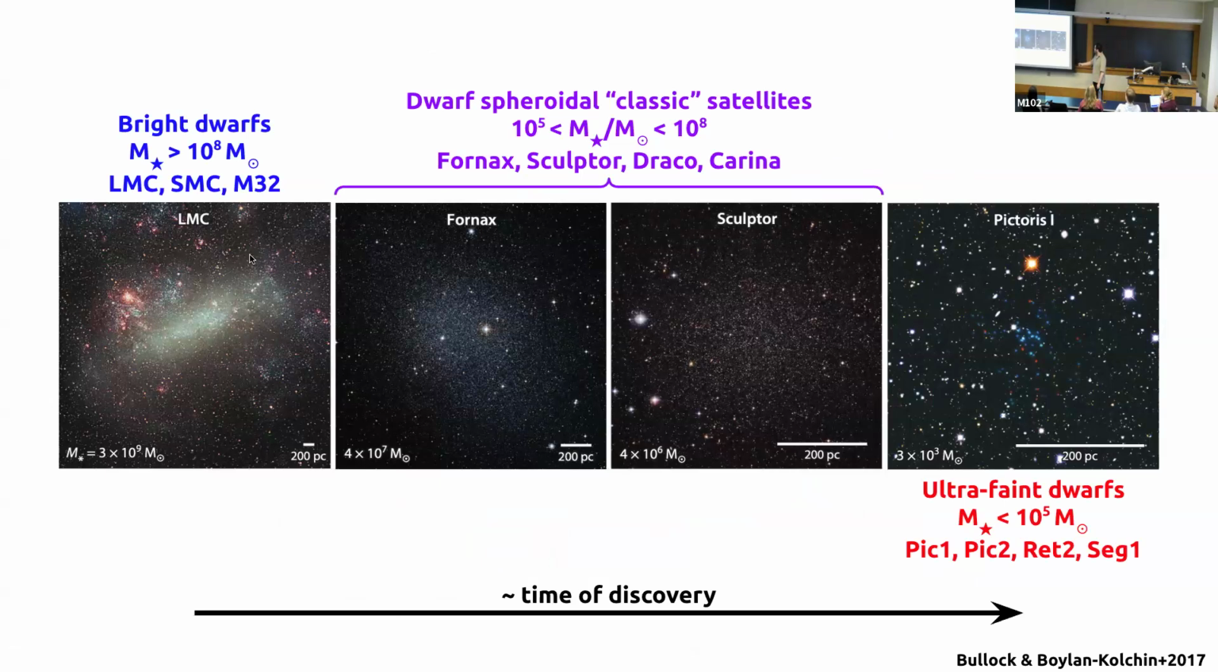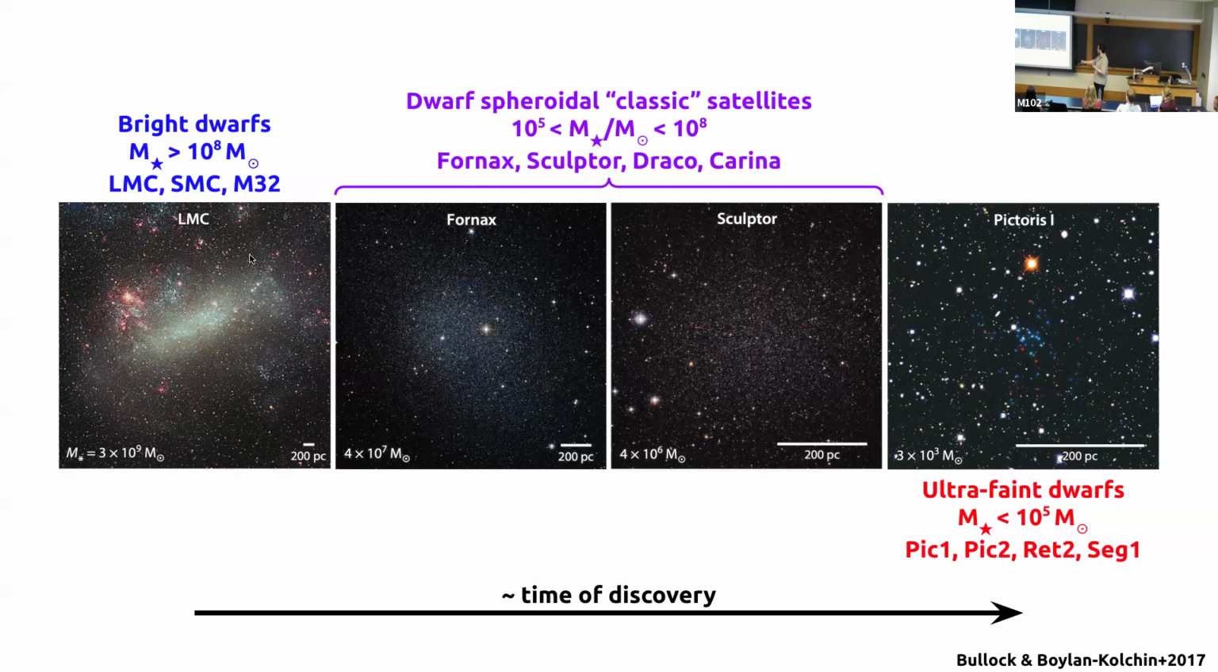We are first discovering the brighter dwarf galaxies, that's what I'm calling right here. So these bright dwarf galaxies like the LMC and the SMC. Of course, you would believe that the most luminous galaxies will be discovered first, and this is exactly how it happened. And then we have the discoveries of what we call dwarf spheroidal classic satellites around the Milky Way. So Fornax and Sculptor are these two